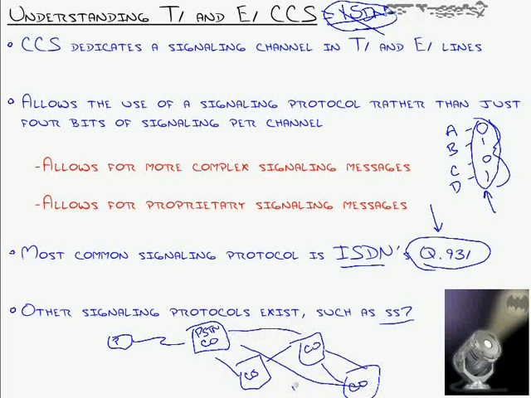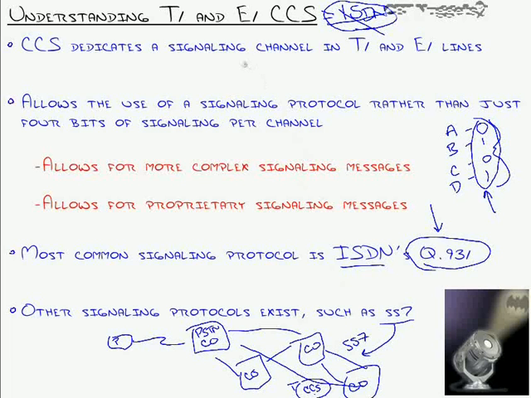Now those trunk lines all run the signaling protocol SS7. That is what allows the carriers to have a standard, a common standard, that it doesn't matter what carrier you are, you're always using SS7 or signaling standard 7 to communicate between your offices, and thus we have a compatible, almost TCP/IP-like worldwide standard that phone carriers use between each other. All these phone carriers between their central offices use CCS, where they've now got a dedicated signaling channel.